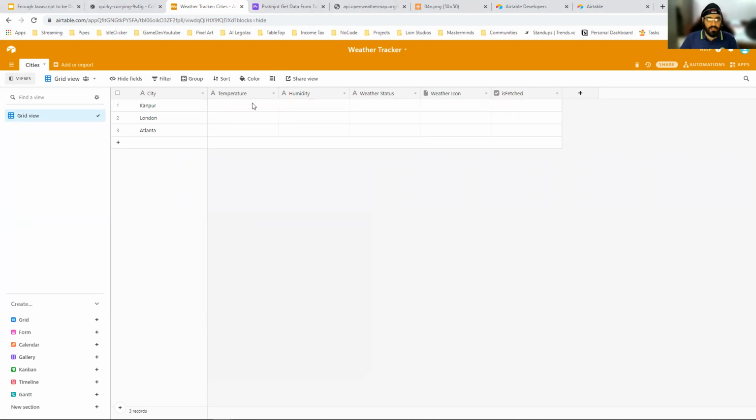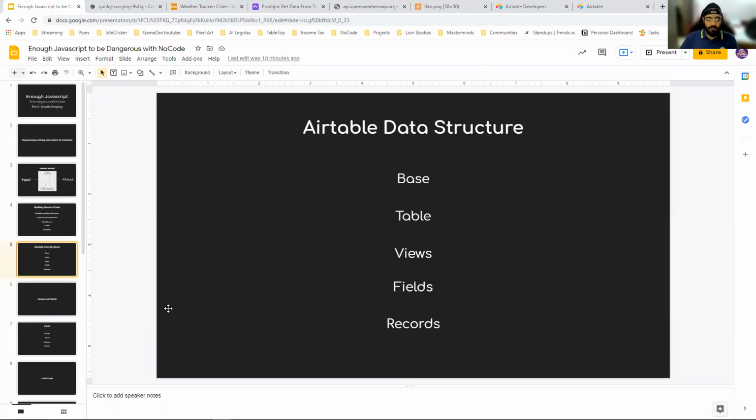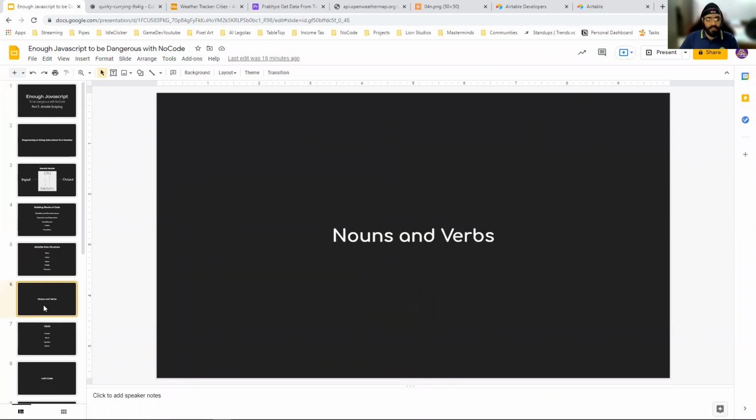So Airtable has given us an interface to play with it, but they've also given us the code level objects to play with that data. So you can do whatever you're doing manually via code, right? So that's what you're going to do. And I can jump directly into it.